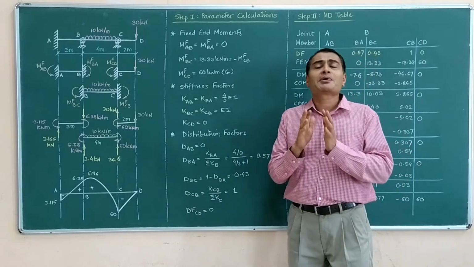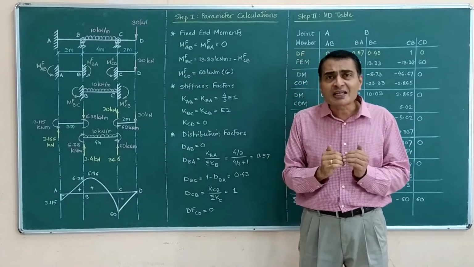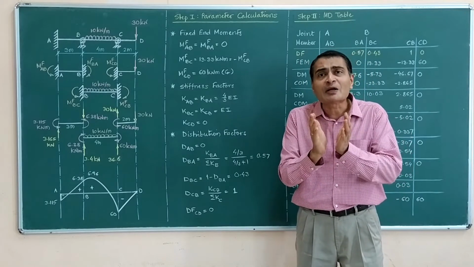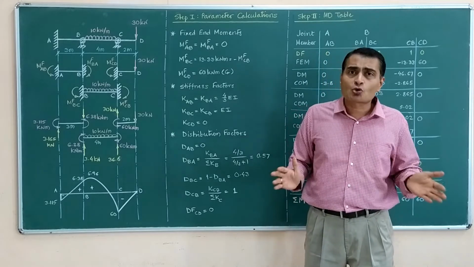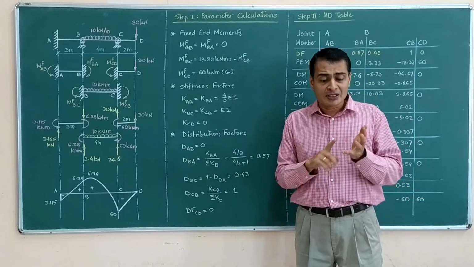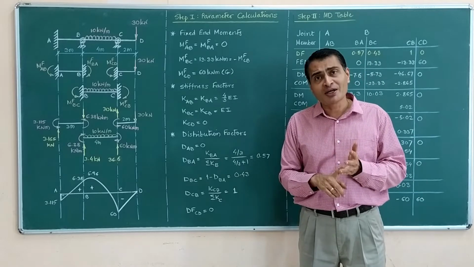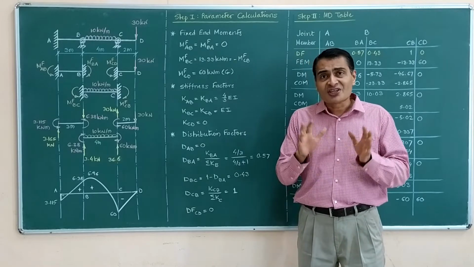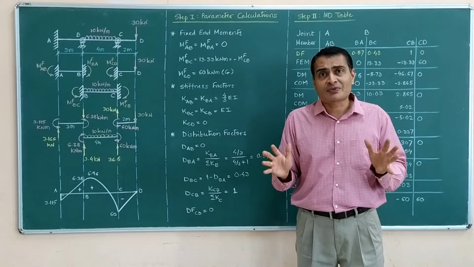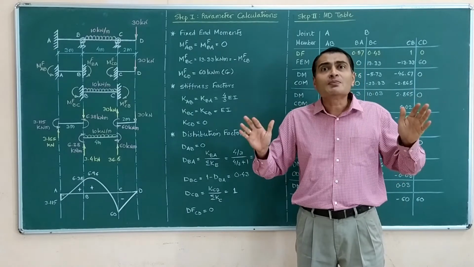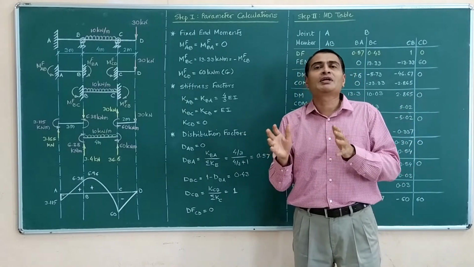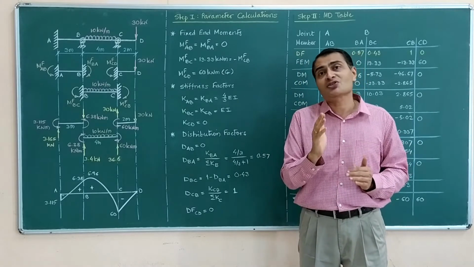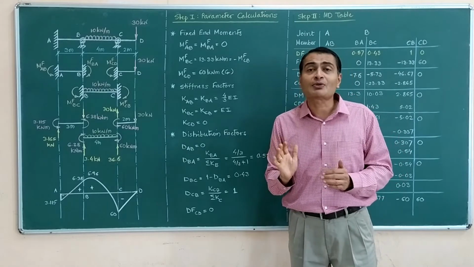So see, whenever we have an overhanging portion, whenever we have sinking of support, every method has a way of handling that particular situation. And in this course we are learning 4 methods. There is slope deflection, there is MD, moment distribution, there is stiffness method, and there is flexibility method. So this is going to be taxing for students, that okay, routine problem you are solving, but when it comes to overhang, when it comes to sinking of support, then exactly in each method what is the approach? So that is something you have to take care of, that is something you have to remember.